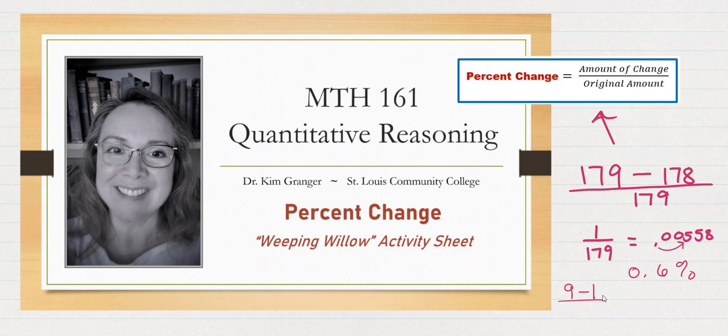If Nibbler's weight dropped by a pound, so if she went from 9 down to 8 pounds, and we calculate her percent change, if I do 1 divided by 9, I see that is a significant change. That's an 11% decrease. So this 0.6% compared to 11%, even though it was still 1 pound difference for both of them, recognizing that with that bigger denominator, if we started out from a much bigger place, 1 pound doesn't make nearly as much of a difference as when we start with a much smaller